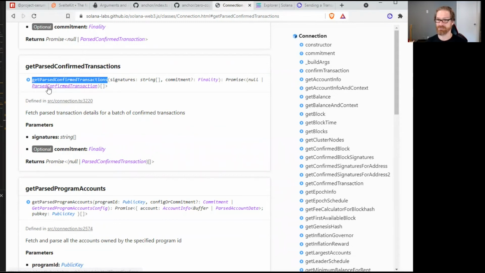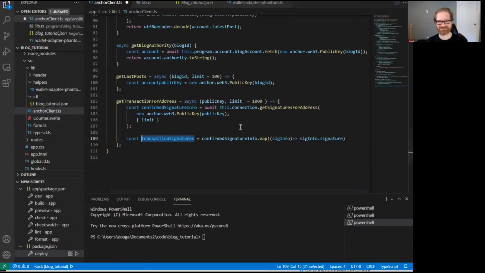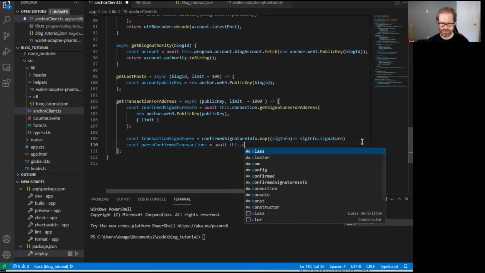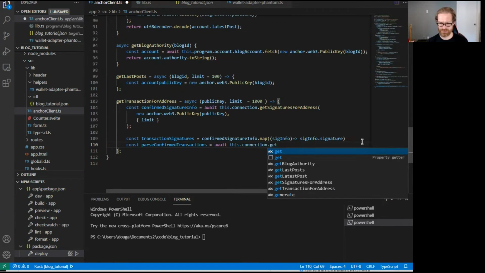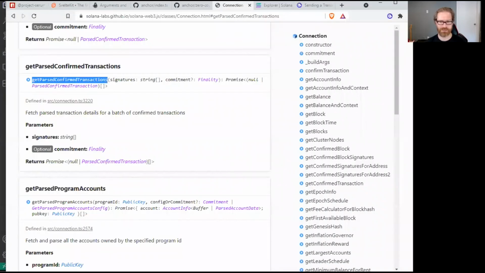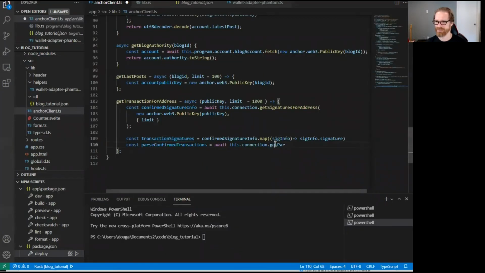It will give us parsed confirmed transactions. This is going somewhere, I promise. It's a little bit complicated, but yeah. So it'll give us const parsed confirmed transactions. So again, that's a connection function and it's called get parsed. Oh my God. It's called, let's just copy and paste. Right? And we need to pass in our signatures that we just parsed out. Okay, so once we get the transactions, let's return that back